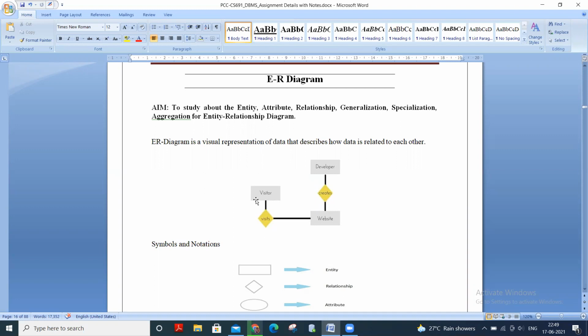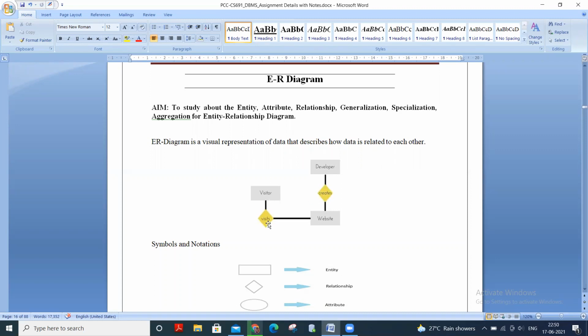Okay. So here we have given an example where a visitor visits the website, and who creates the website? The developer. So the developer creates the website and the visitor visits that website. So here visitor, developer, and website, these three are entities, and creates and visits are relations.